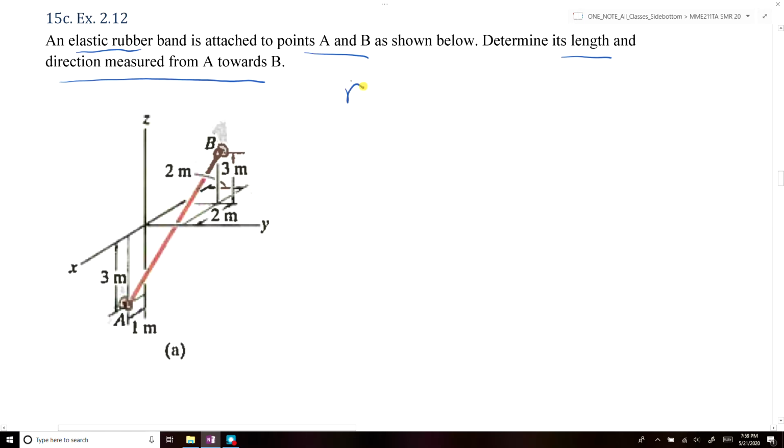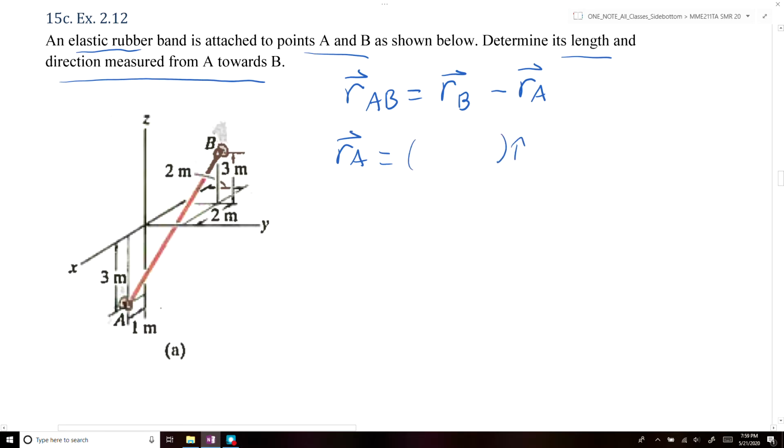So we can say that the position vector from point A to point B, which we just defined in the last lecture, is equal to the difference between the position vector of point B minus the position vector of point A. Okay, so we can first define RA and RB. So we'll say R of point A is going to be equal to